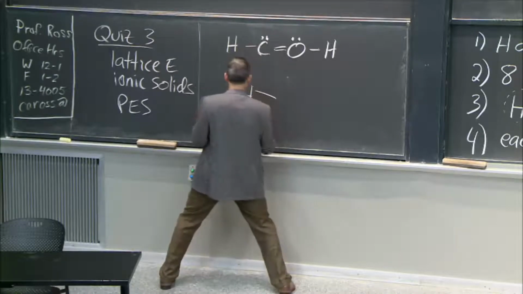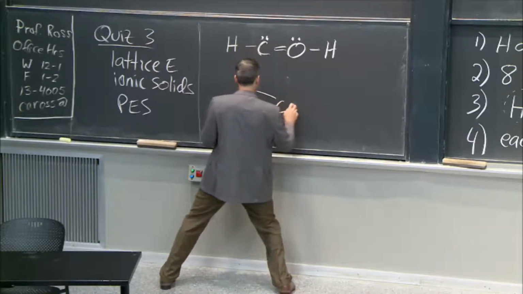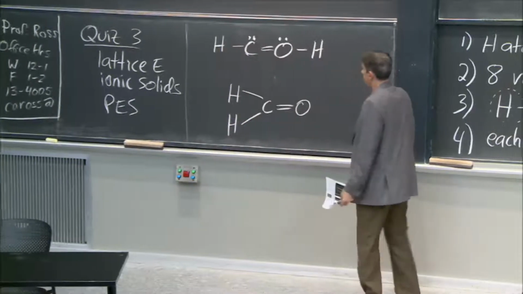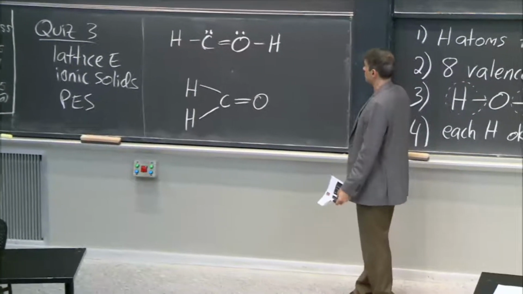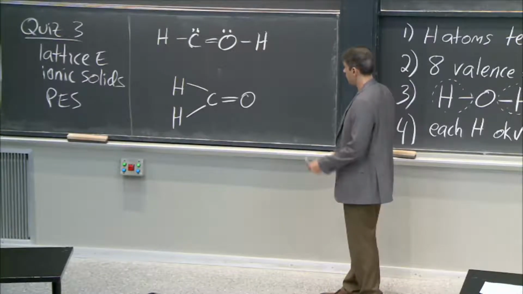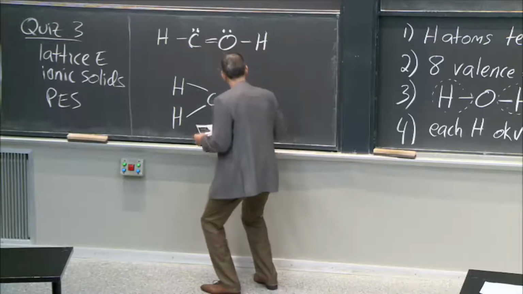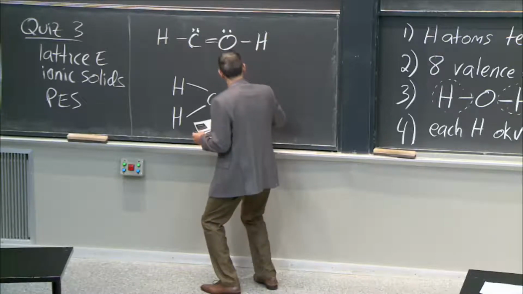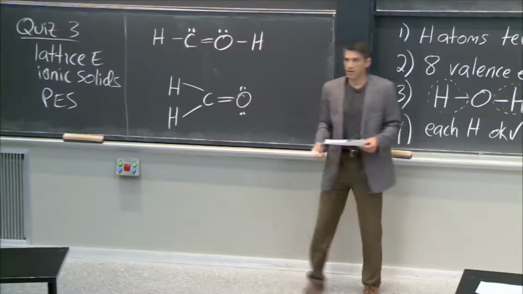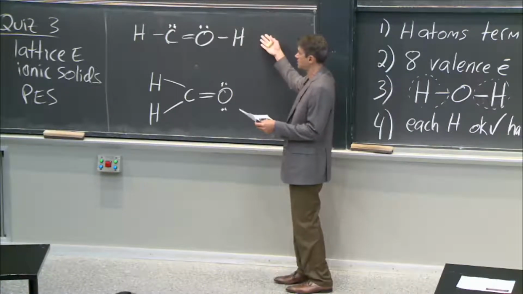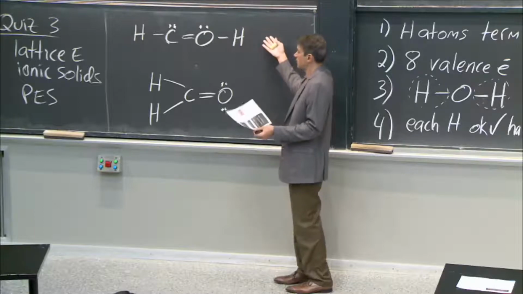Yes. All right, like this, and carbon double bond O. And when I look at this and I look at the electron count, it all works out, right? I've got to add my lone pairs to the oxygen. Don't let me forget those. It all works out. The total number of valence electrons is 12 in both cases, and everybody's obeying the octet